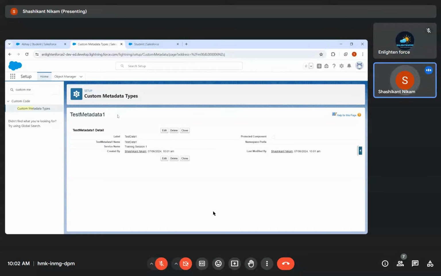So what you can do, you can enter data here, and use this data in your code via queries or any other inbuilt functions of the Apex classes, or by some other way. So while deployment